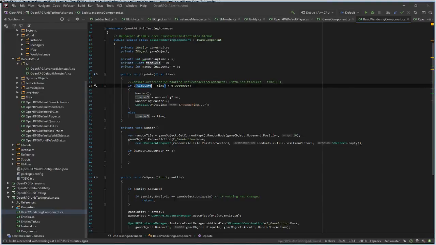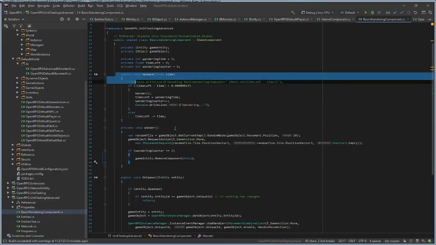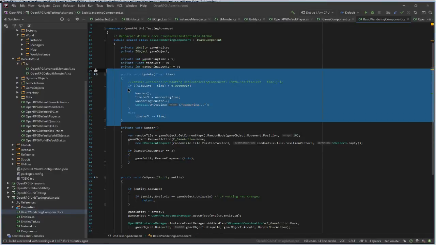Once immediately after I spawn, and the second time after waiting for 5 seconds. So if wanderingCounter is 2, I'll just do this. Entity, game entity, remove component, this. And this component will just get removed.